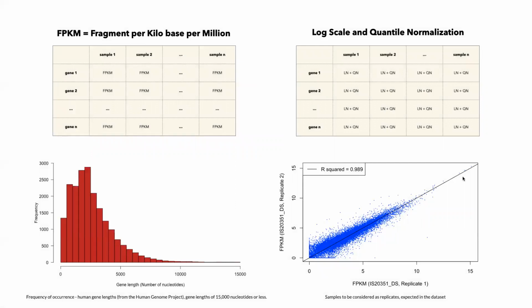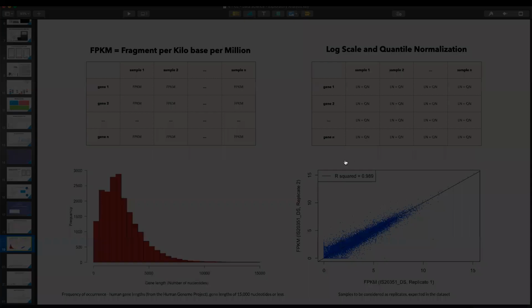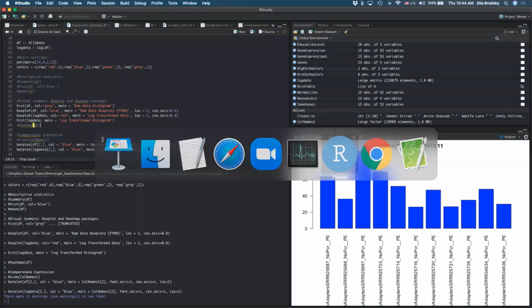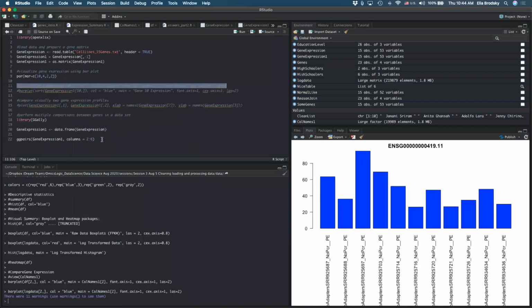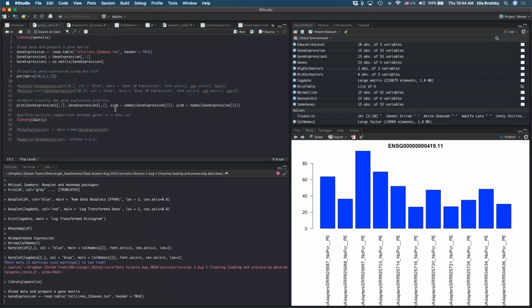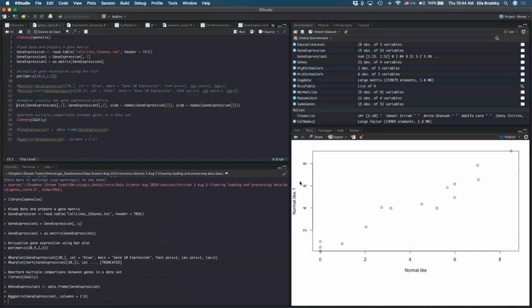When we did that yesterday, right, I'll just quickly show you here an example from yesterday of what we did. What we did here, right, is the following. We did a scatter plot. And what did the scatter plot show us? The scatter plot shows us a comparison between expression of a normal-like sample and a normal-like sample.